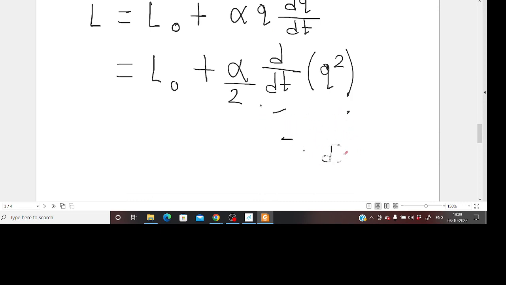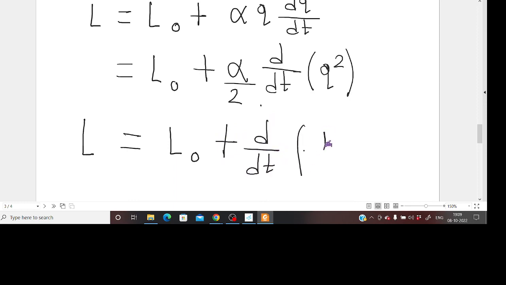So this means the new Lagrangian is equal to the old Lagrangian plus ddt of half alpha q square,